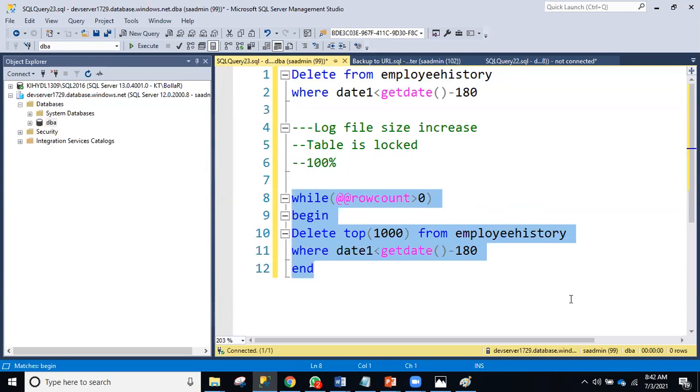Then how are you going to reduce that? Suppose you run in non-business hours. Yes, you can run it. But if you run in non-business hours with TOP 1,000, it will take days, even months. I want to run in business hours also, but if I run in business hours, it will hit 100% CPU, and business queries will get no CPU. So how are you going to reduce the CPU utilization?